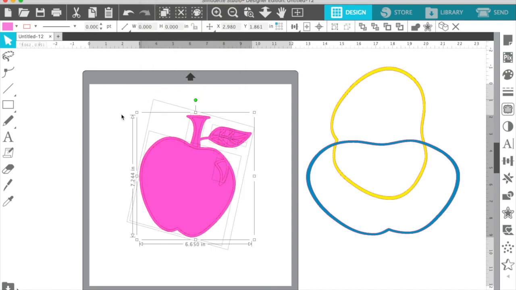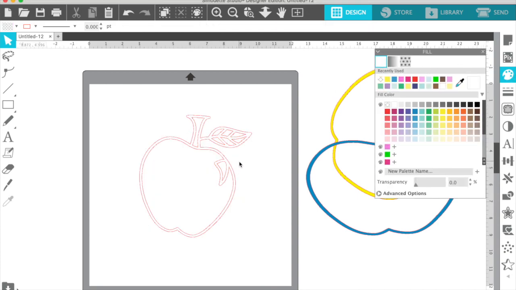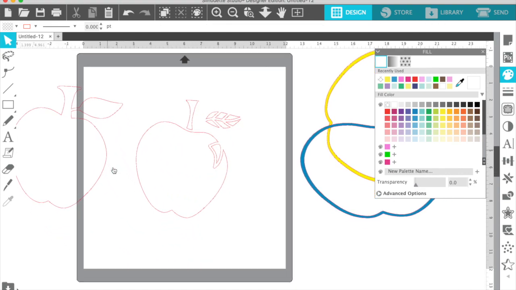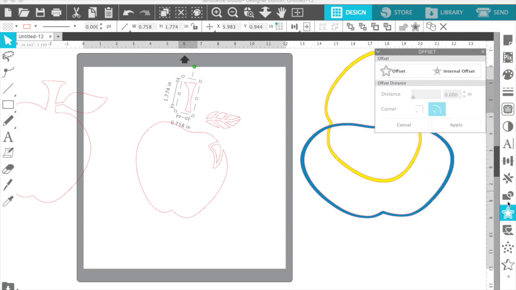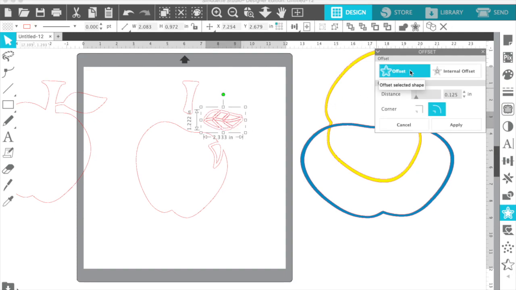Let's assume you cut everything out of white AC cardstock, and now you want to make the interior pieces to paper back. Rather than use your pencil and eraser to trace and erase, this is how I like to do it. Everything's quite easy and quick. I released the compound path so that I could grab just the interior pieces of the cut file. I'm going to use the offset feature to offset it at 0.100 and erase the original cut file line and just keep the outside